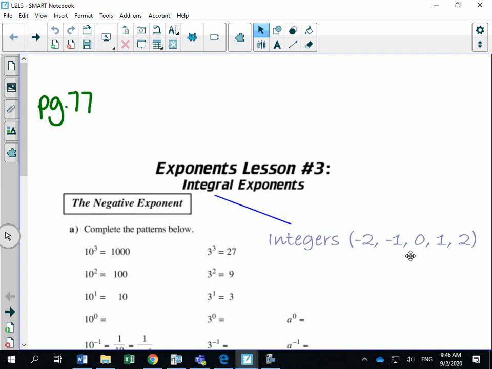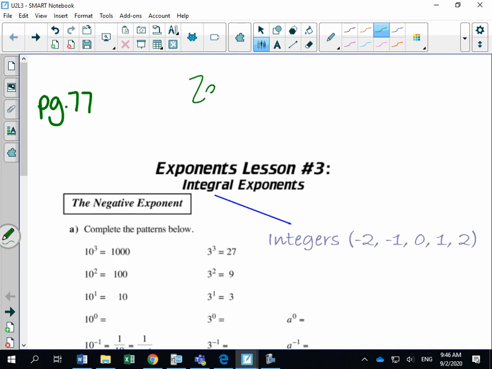So up to this point we've only dealt with exponents that were either 0, so we dealt with the 0 exponent, and we dealt with positive exponents. And where we're going to focus today is what's going to happen if you get an exponent that's negative. So before we actually start dealing with integral exponents, or the negative exponents specifically, let's just quickly do a review